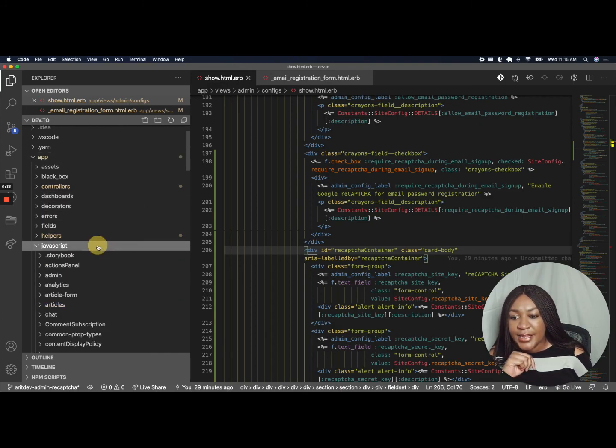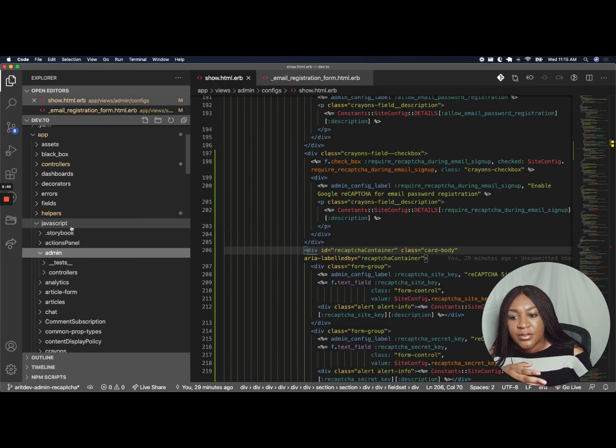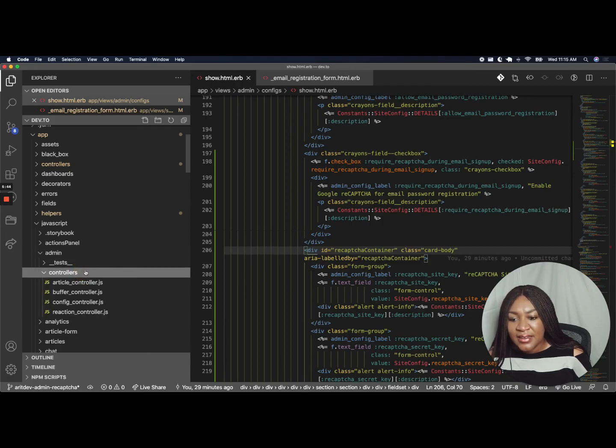This is the JavaScript folder, this is the admin namespace, and I didn't see any except for these controllers here. And from previous experience, I know that this is